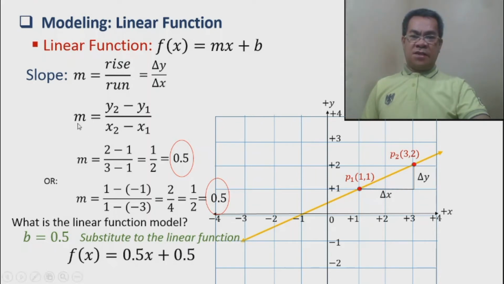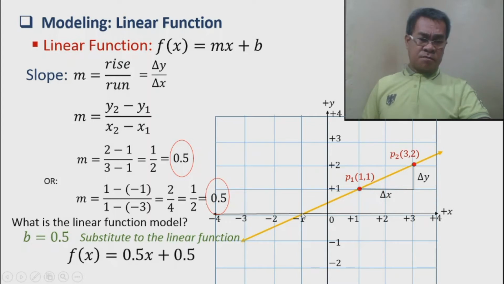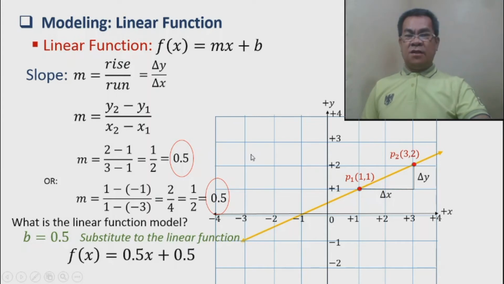Okay, by the way, this one is actually taken from this point because we have x is equal to negative 3, y is 1. So we use another point. You can assign any point. You will have the same slope. You can use also this one. This is 0 and negative 1. So this is 0, this is 0, and this is negative 1. So then you will arrive still at 1 half. Okay, so